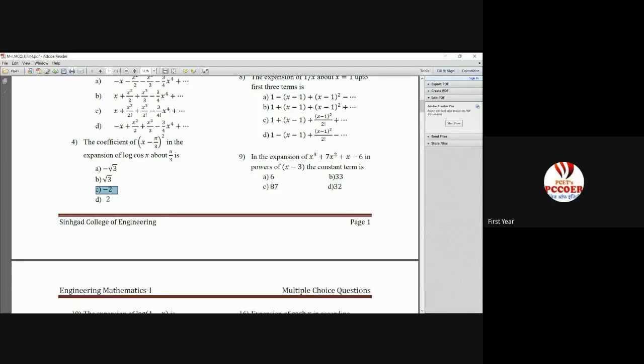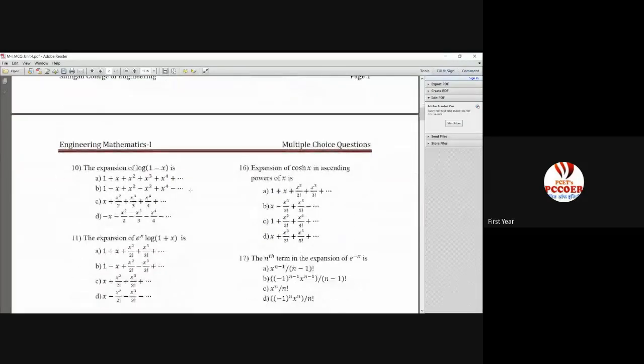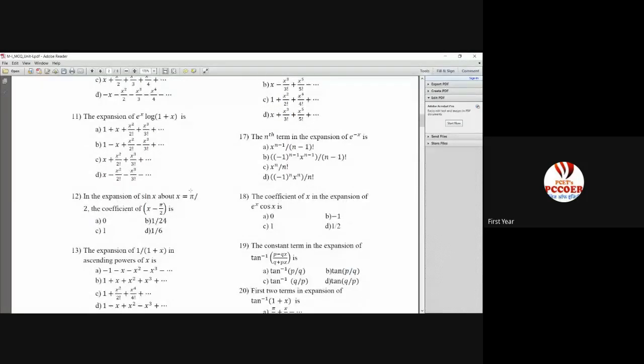Clear, na? So henceforth, such type of questions, if they are asked for 1 mark, how are you going to do it? You are going to use the formula. Coefficient is f raised to whatever is the degree of the expression divided by that factorial. F raised to 2 means second derivative of f divided by 2 factorial. So if the question was x minus pi by 3 cube, then it would have been triple dash of f divided by 3 factorial. Okay. Then let me go for some other questions.